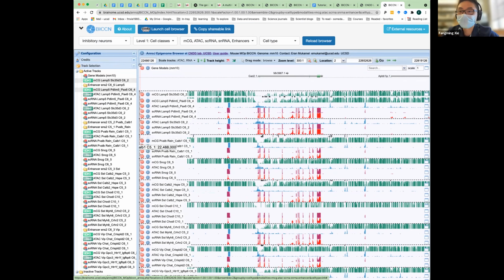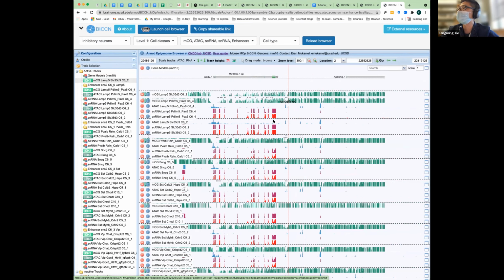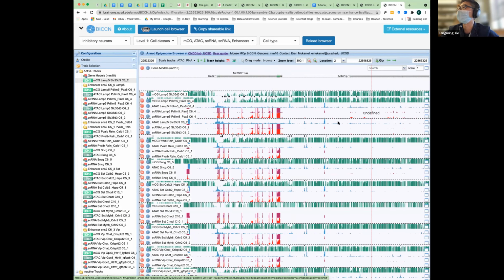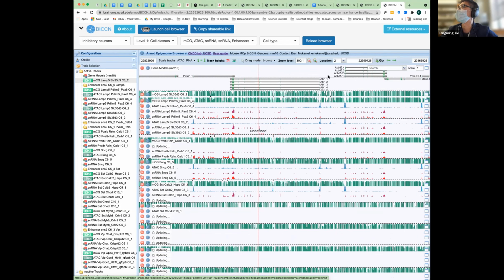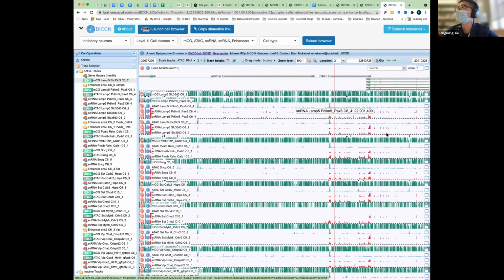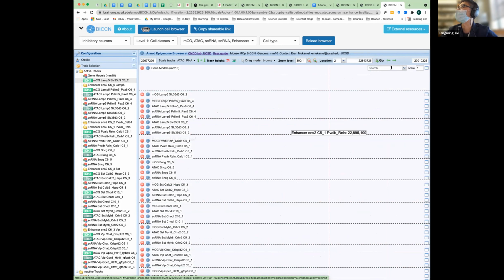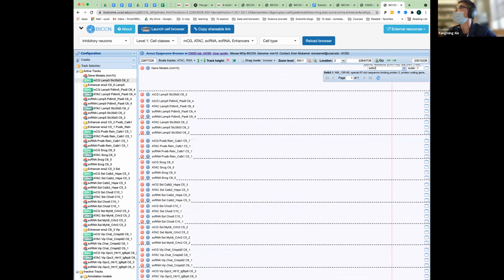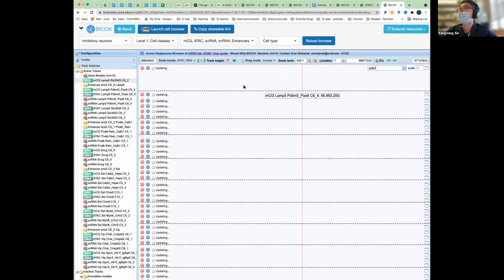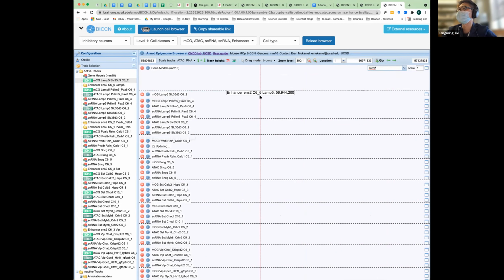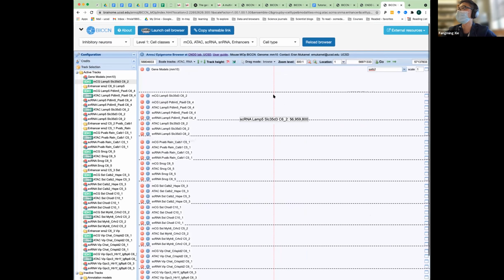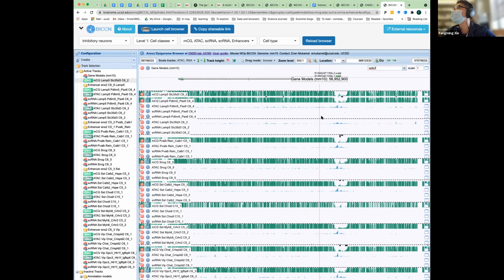Of course, another useful feature I really like about this is, once you generated the configuration, for example, if we want to focus on this GAP2, maybe I'll choose a different gene, for example, SATB2. So now it's loading. Once you've generated this view,